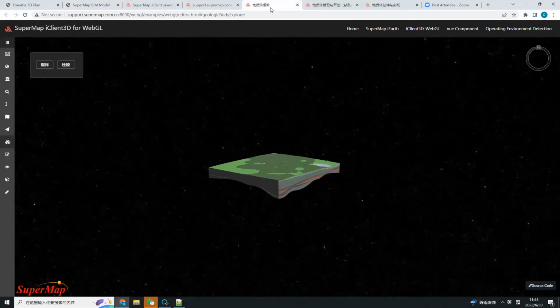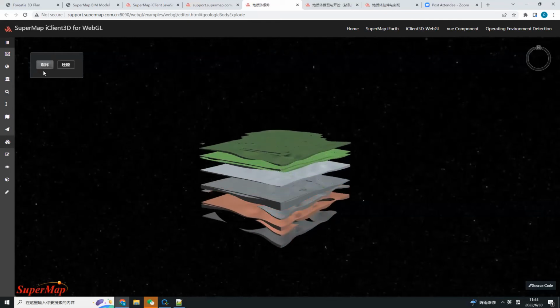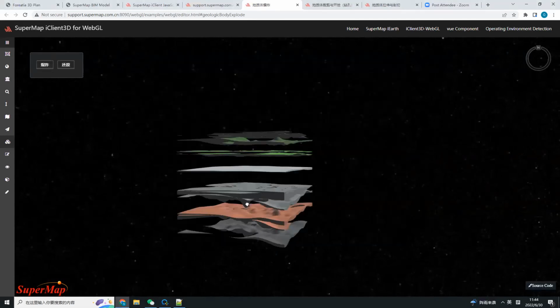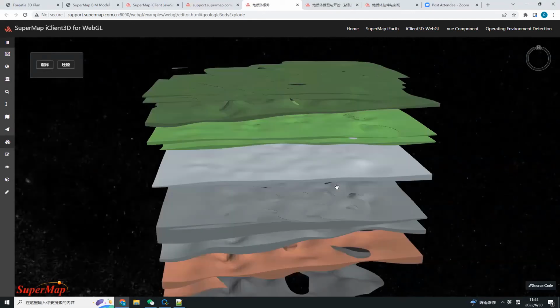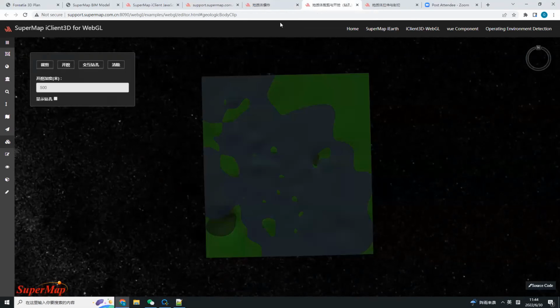This is about the geological body. And also we know that the geological body is also underground. So here we can do some operations on the geological body, just like exploring, like this. If we control this, then here we can see each part of the geological body by exploring like this. And what's more, we can also